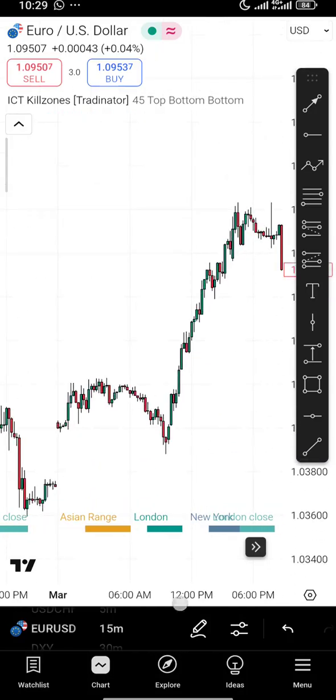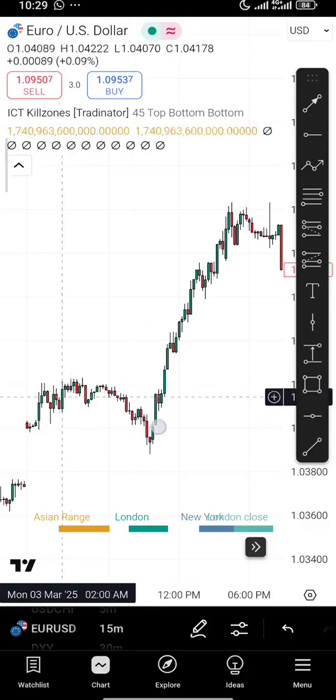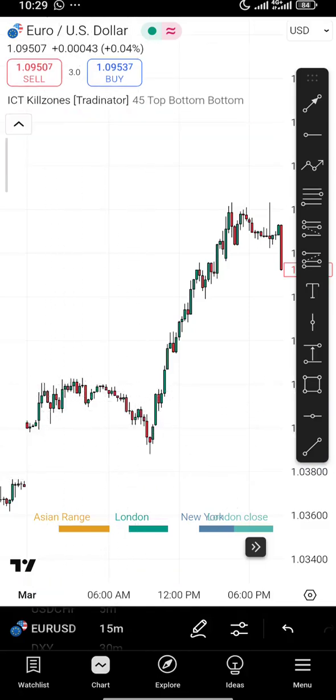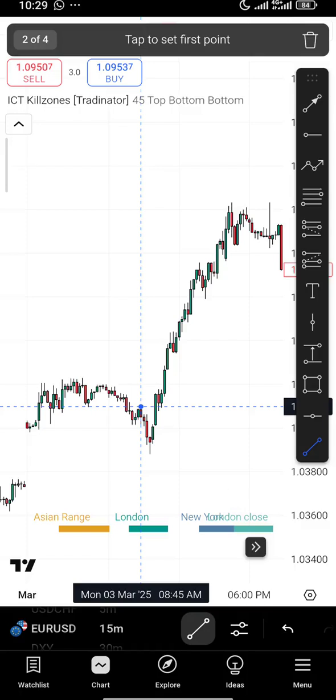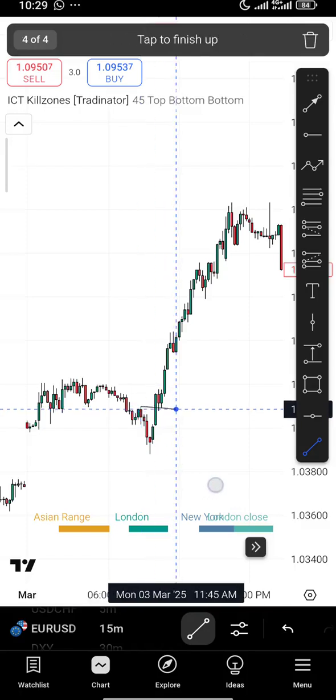So what am I doing? I've spotted an accumulation and a manipulation. What am I looking for? I'm looking for a structure shift, market structure shift. That is MSS. That's what we call break of structure. That's what we call market structure shift. So maybe after seeing this market structure shift,